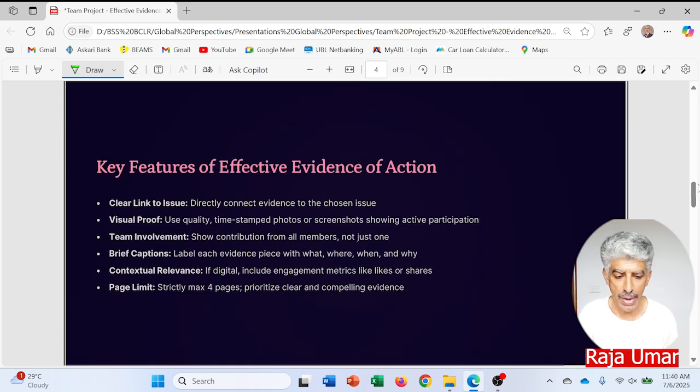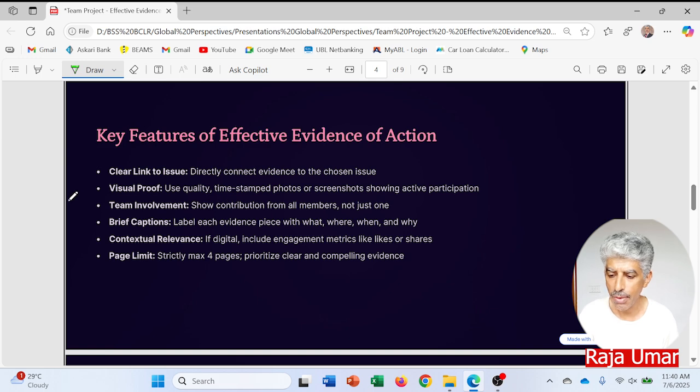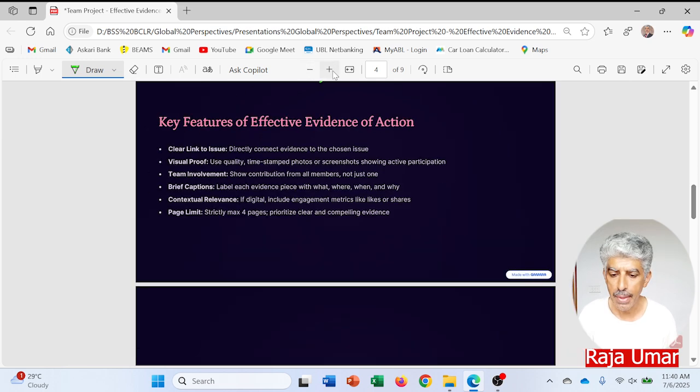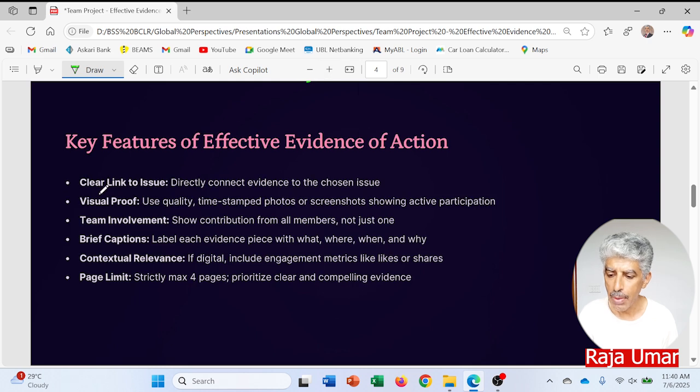Key features of effective evidence of action. What can be the key features? Number one, clearly linked to the issue. Whatever issue is being highlighted, whatever topic is taken, and out of that topic, whatever issue was taken, there should be a clear link between the evidence of action and the issue.